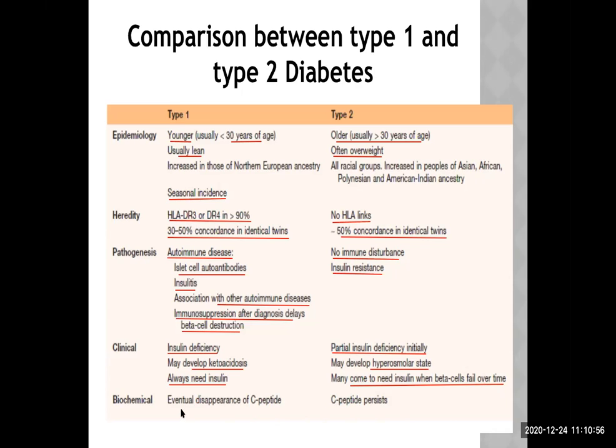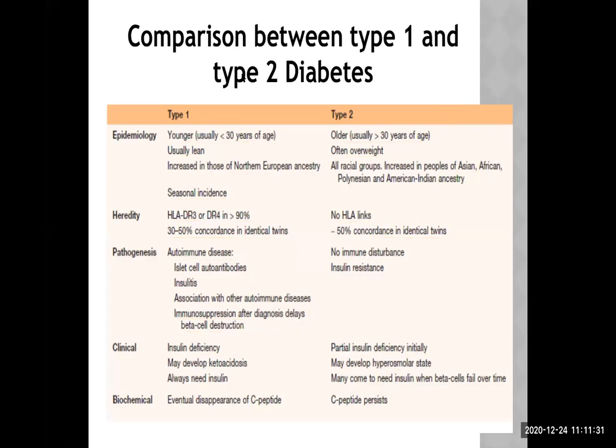One very important other difference is C-peptide. See this? There is eventual disappearance of C-peptide. C-peptide is not found in type 1 diabetes, as there is absolute deficiency of insulin. Insulin is not secreted at all by the beta cell, whereas in type 2, C-peptide persists because beta cells are still functioning. So these are some of the important differences. We can add a few more later on when we do this topic. Okay. So with this,